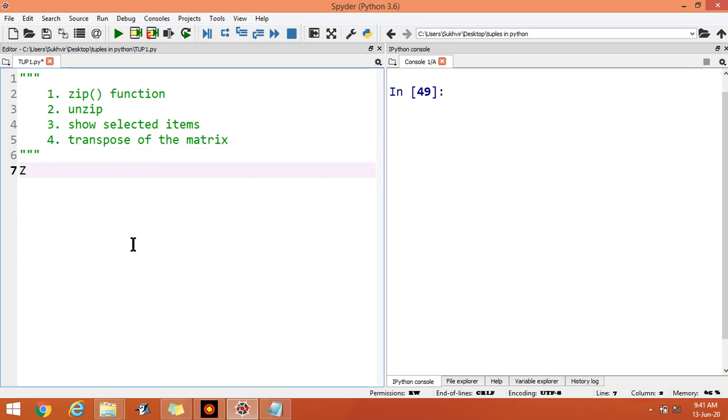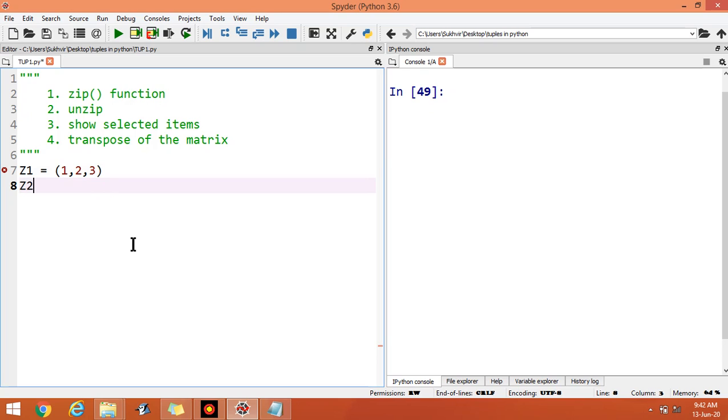Let us develop some tuples. The first one is Z1, 1, 2, 3.